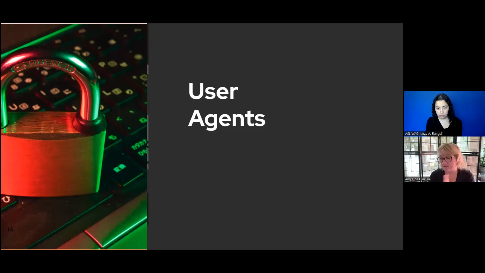User agents. So I'm going to talk about some definitions around some of the user agents. This is assistive technology. We'll see it abbreviated as AT. It's really any software, device, or equipment that helps people work around challenges that they have in learning and communicating and being able to function on the web.